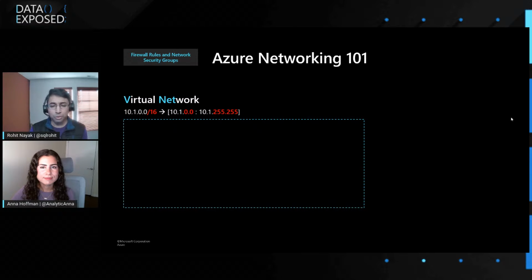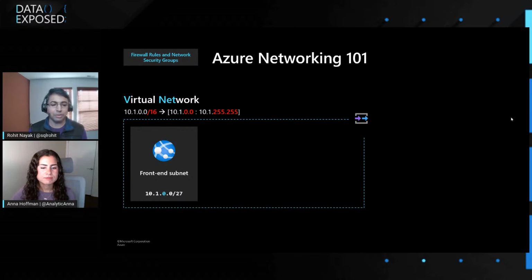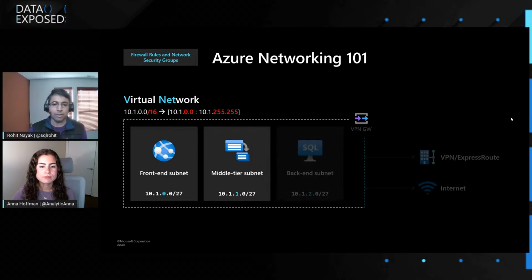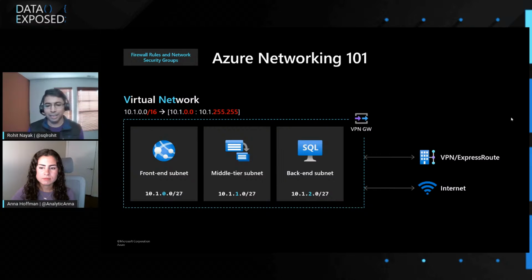Now, this is a huge range of IP addresses, right? So more than likely, I'm not going to use all of them at once. The way I will use them in practice is by carving out what are called subnets. So you'll see I've carved out a front-end subnet here, and it is a /27, which equals 32 IP addresses. So I'll divide my virtual network into smaller subnets,